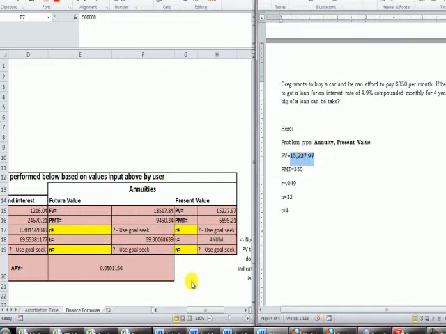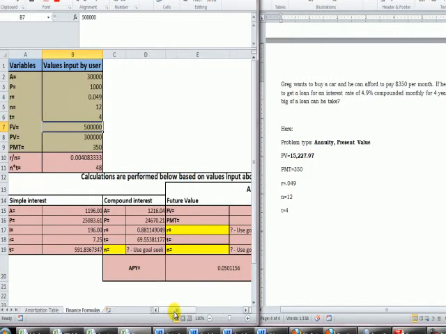The sheet will also give you annual percentage yield. The annual percentage yield is only dependent on the interest rate and the number of times you're compounding per year. So if I wanted to see what the annual percentage yield was for a 6% loan compounded 4 times per year, I should see it as